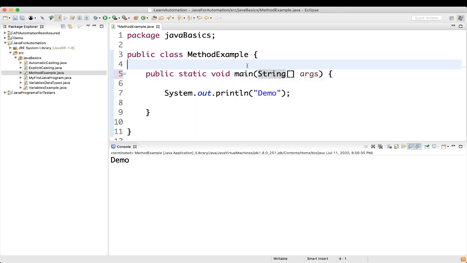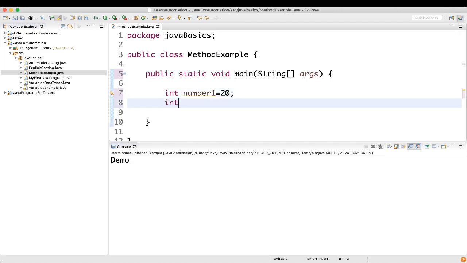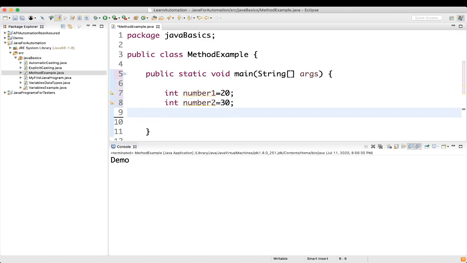Now let's see how a method can help us in reusing the code. What we'll try to do here is some add operation. We'll write some code here. First we'll take an integer, for example number 1, as 20, and we will add two values, so we'll give int number 2 which is 30, and we have int add result.